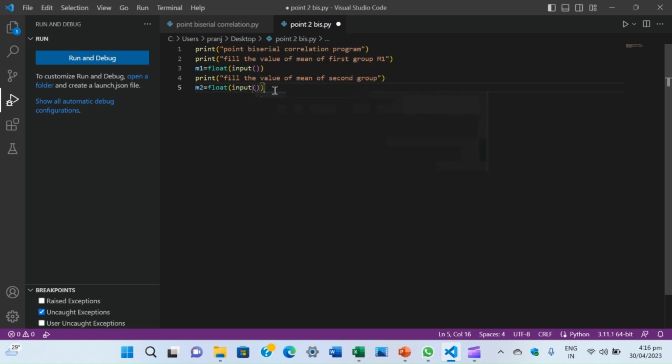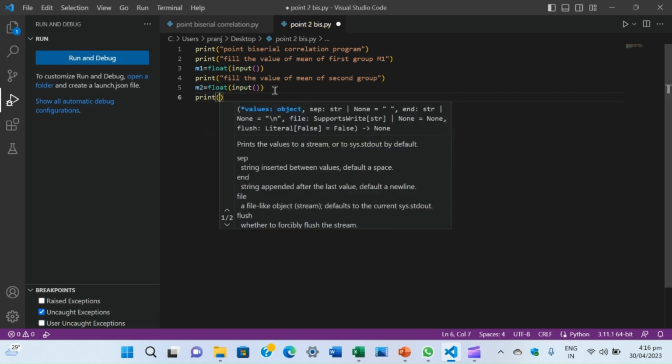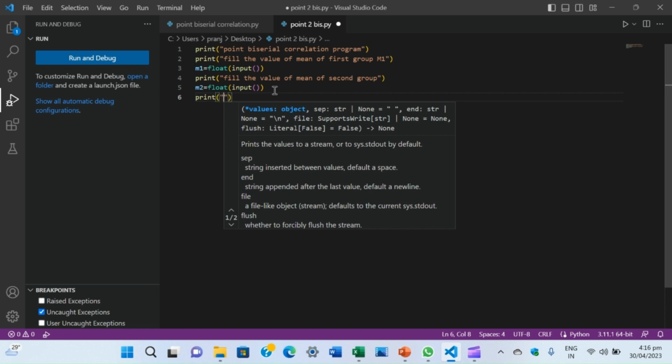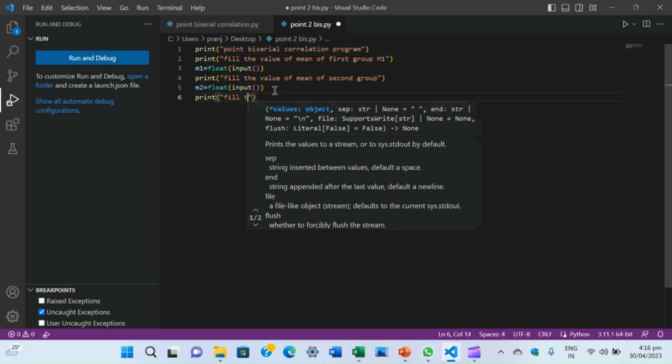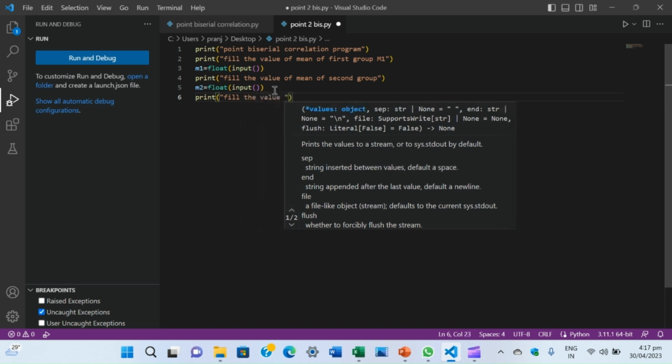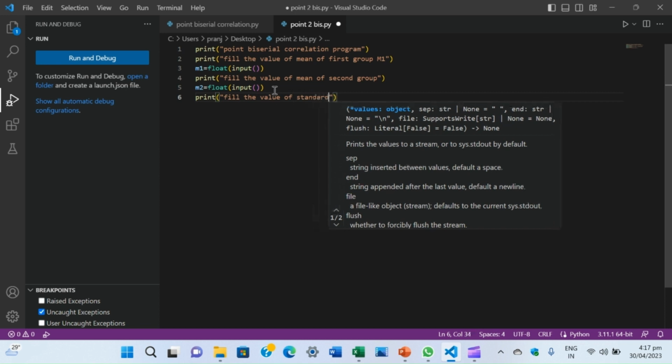So m2 will be inserted, and in the next line similarly we write print, double inverted comma under small bracket, so that it is a string, not a number or float. So print, we require the value of sigma, insert input, fill the value of standard deviation,